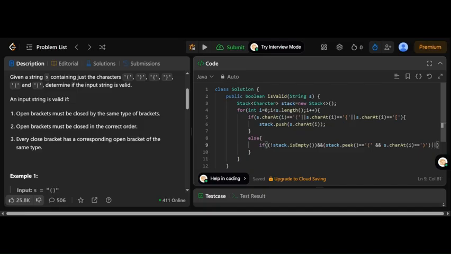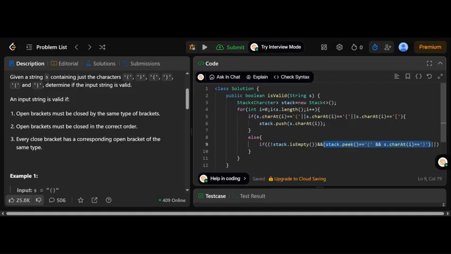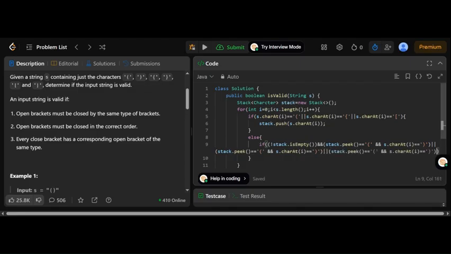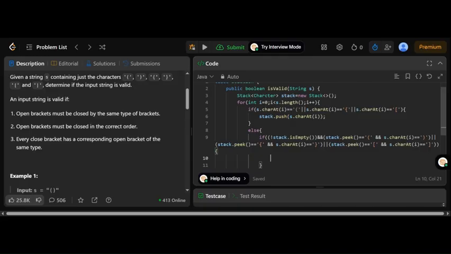This can be either this, or let us copy this and paste for the remaining two also. So here let us put it as curly braces, open curly, close curly, box or square braces. Okay. If in case there exists a match, in such case, I'm going to pop it. So it is like stack.pop.